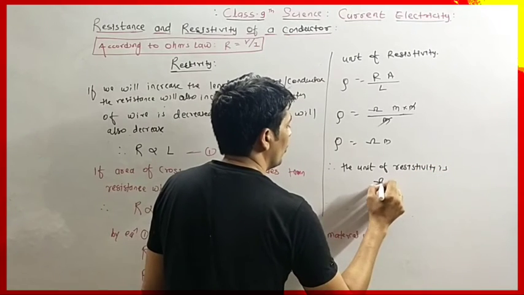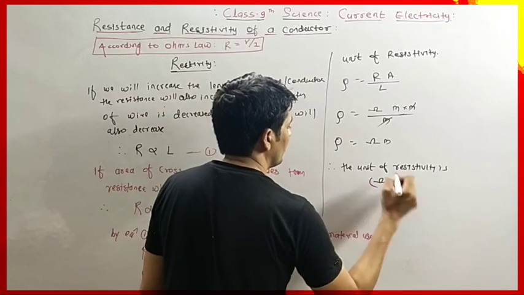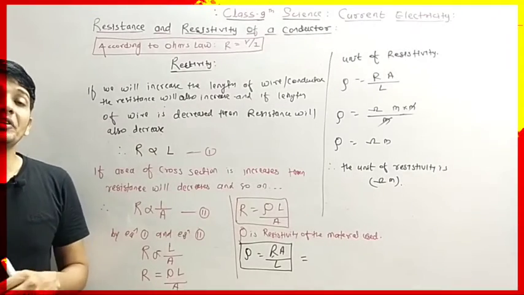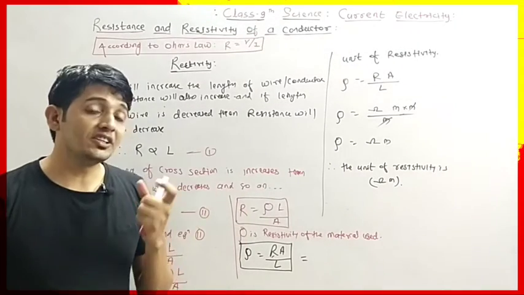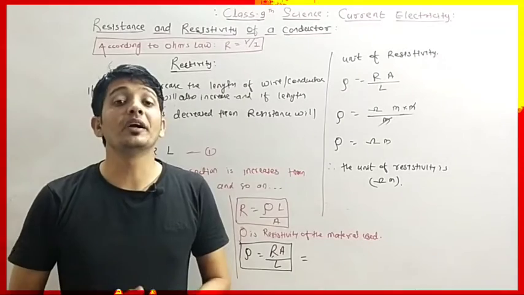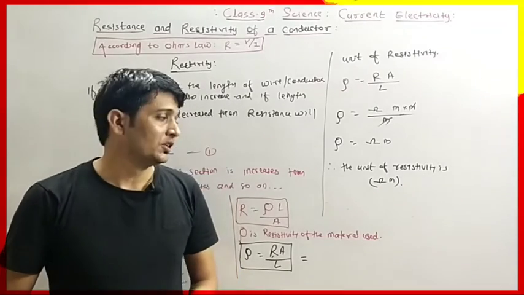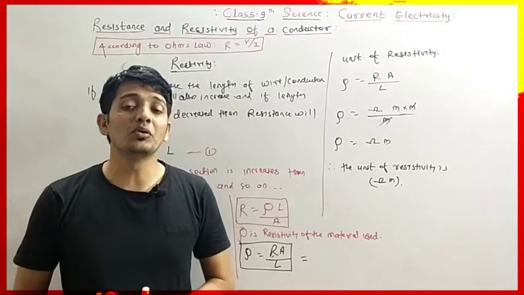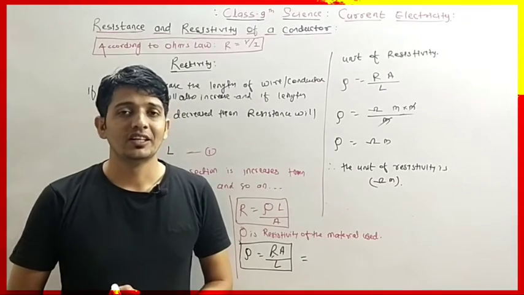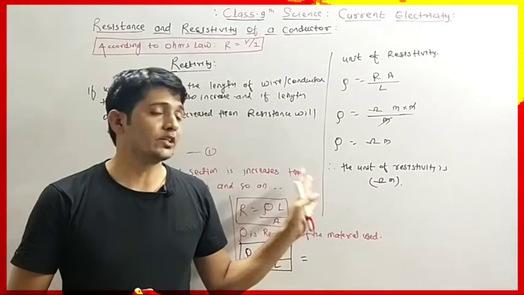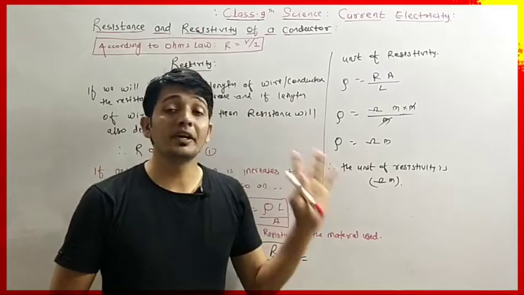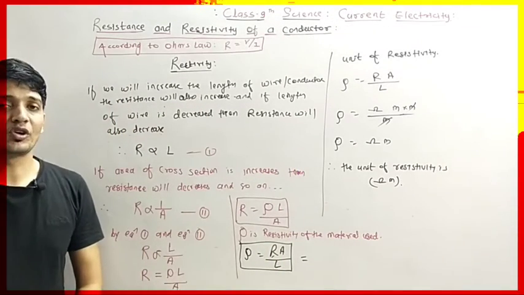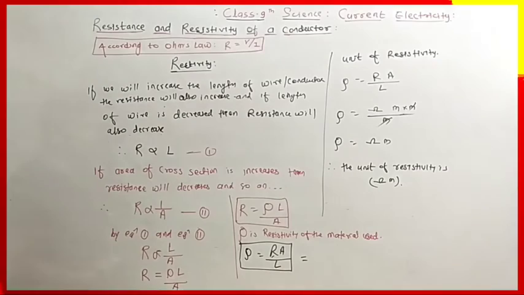is ohm meter. Okay, so this is all about the resistivity of material, and the resistivity depends on the material. So if the resistivity of the material is more, the current flow is less, and vice versa. Okay, so this is the very important part. So you have to write it down, or you can take a screenshot also. So write down first.